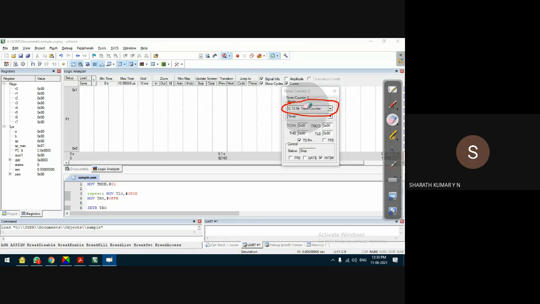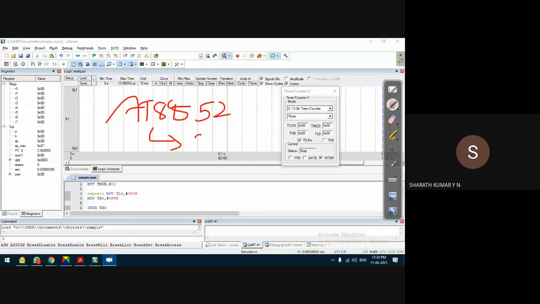If you want to check various modes of operation, you can go here and select this. It will show the various modes of operation. The controller I have selected is the 89S52, which is basically an 8051 based microcontroller.